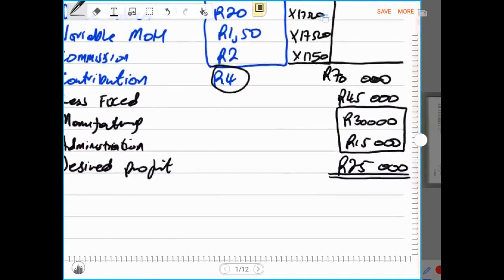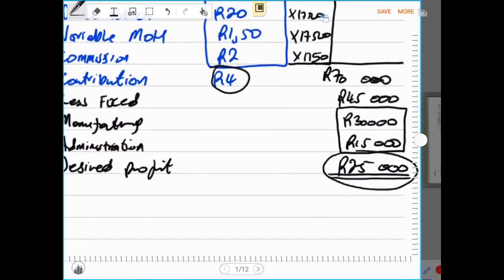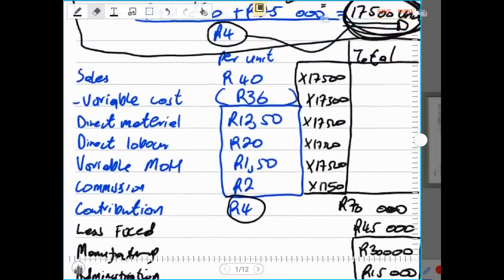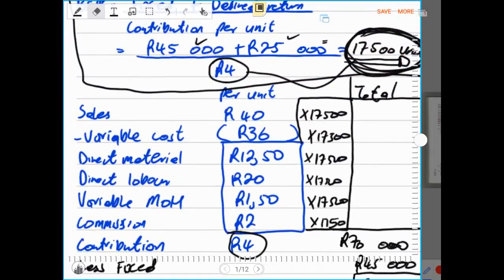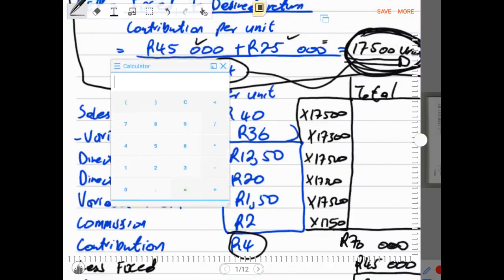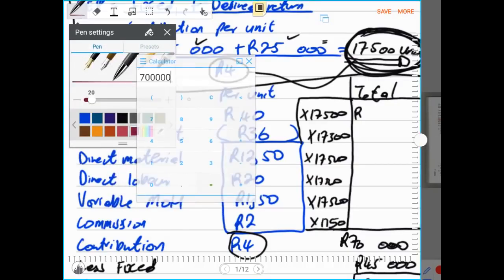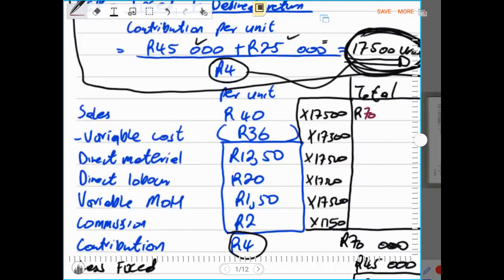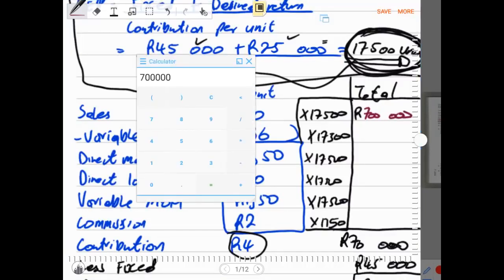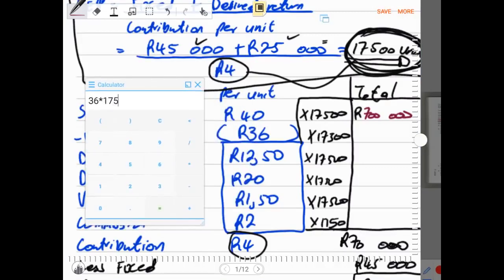But please be aware that the net profit must be 25,000 rands, which is the desired return on the investment by the owner. So that is why I start from the bottom, then I go up exactly how the question instructs us to do. So in this case, we say 40 times this by 17,500, and this gives us 700,000 rands. Then after, we say our total variable cost, 36 times by 17,500,